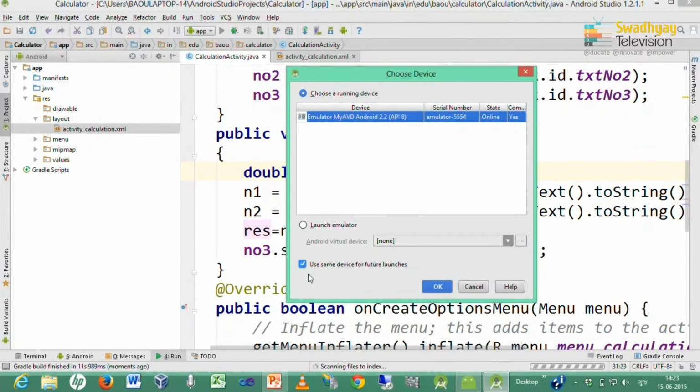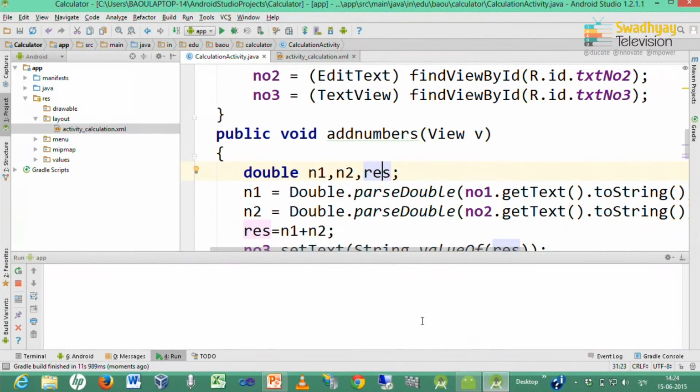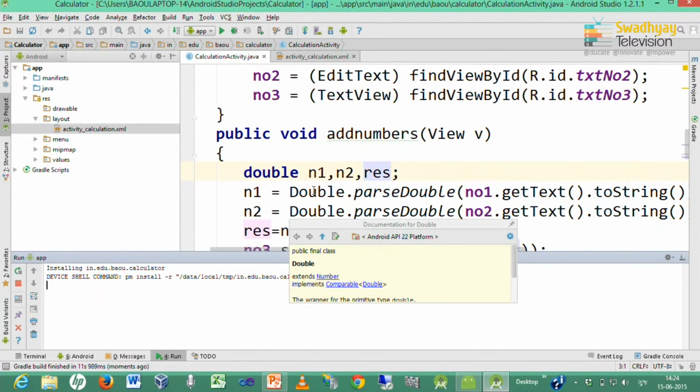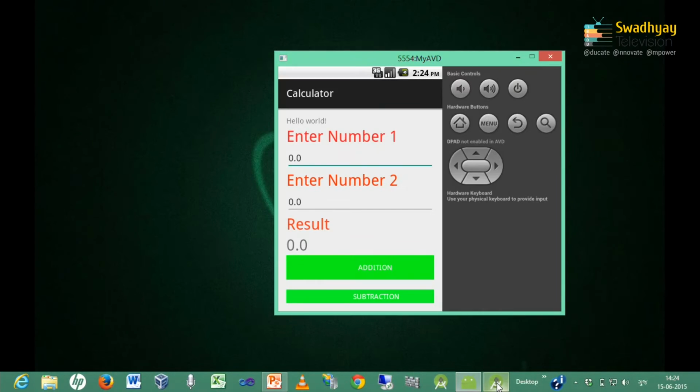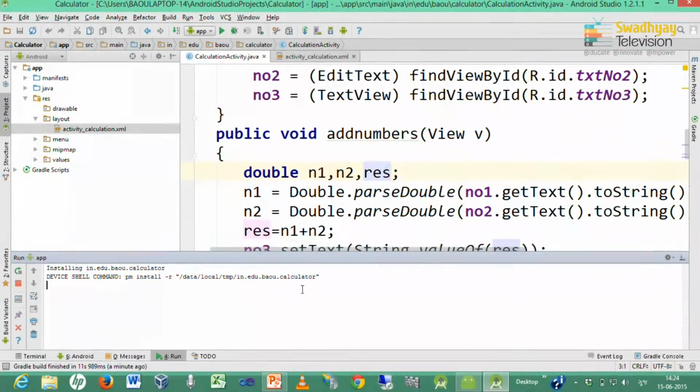You can check use same device for future launches, so you can skip this step. I press OK. Now, every time it starts the application, it will try to launch it in the running emulator. So, here it will display my application.